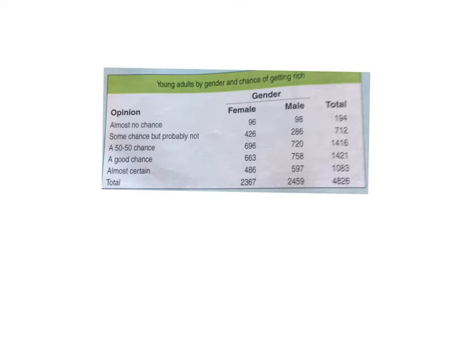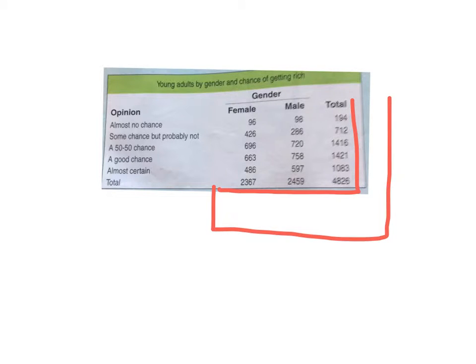We've got the total of everything. So we can figure out those percentages, but we can also separate them between male and female as well, and do those percentages. So that's why it's a two-way table. We have two different directions we could go in. Now, marginal distribution is, well, we might put some stuff in the margin. How about that? I don't know if that's really correct, but that's the way I remember it. So in the margin,